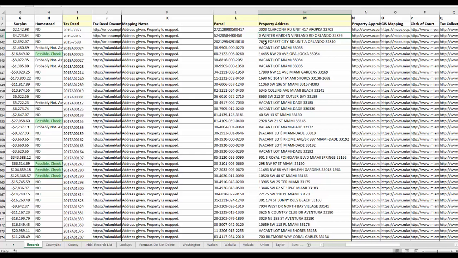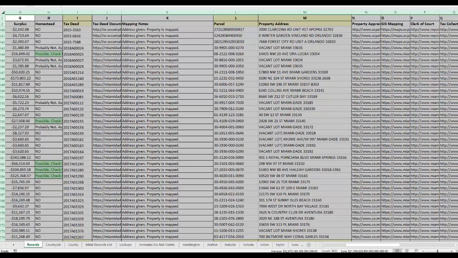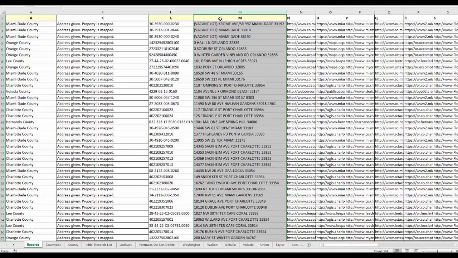You are going to have to look these up by parcel number on the GIS mapping website for that county. So what I want to do to cause the mapping notes to show up correctly is first sort this spreadsheet by property address. Now, for the ones that don't have a complete address and I know that won't be mapped, I'm going to just copy over exactly what's in